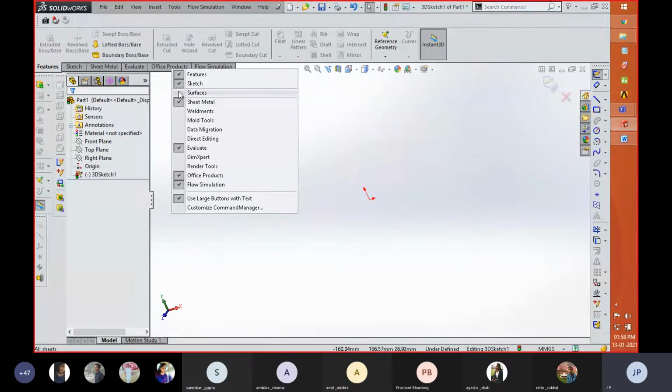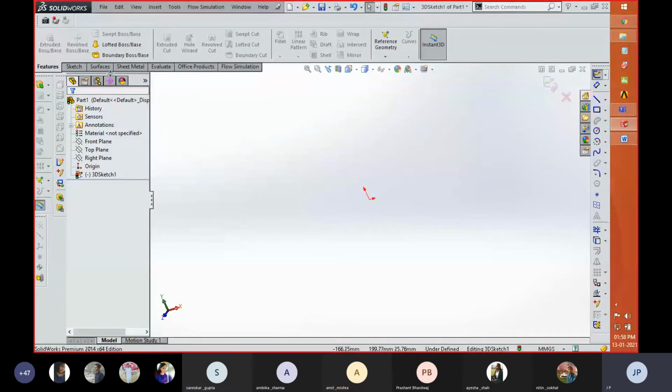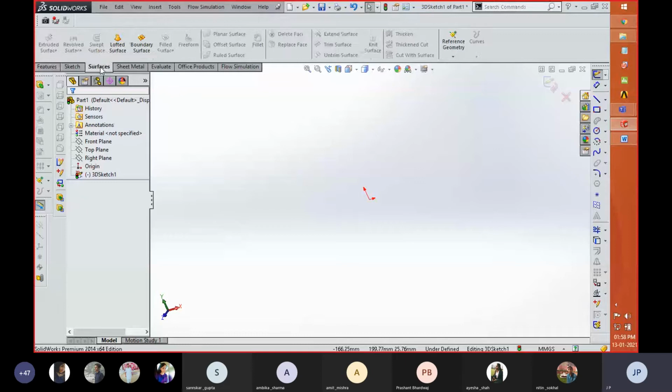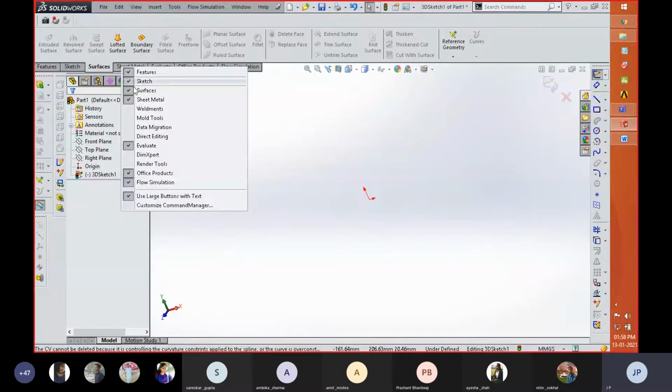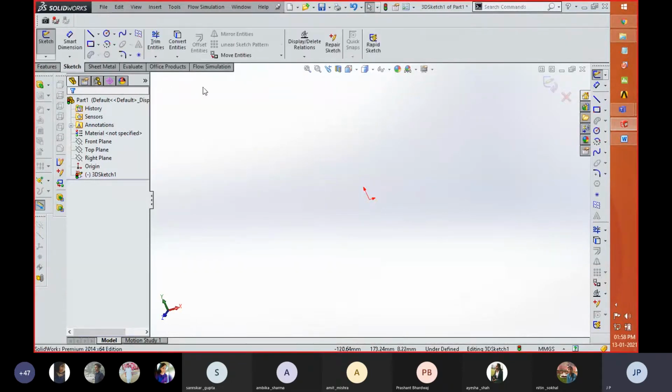I'm going to click on surface. You can see that another ribbon is added among all these ribbons. In such a manner you can increase or decrease, or hide or show, these different toolbars that are available in SolidWorks.